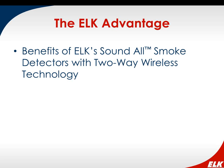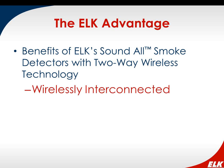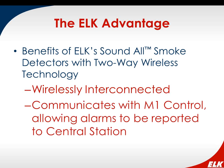So some of the advantages of Elk's sound off smoke detector are, as I've already hit on quite a bit, the wireless interconnection between the smoke detectors. That's a very important feature, and it's unique to our product. There may be a few others that can do the interconnect, but what ours can do that some others cannot is also communicate with an alarm system. So it can communicate with the M1,